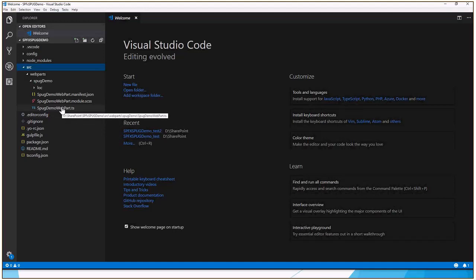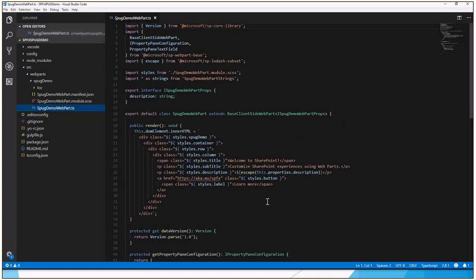And of course the biggest thing here is our Spug demo web part.ts TypeScript file. Hopefully people have some background at least with TypeScript. That's going to be what we walk through here. It just sets up, again, a hello world here. So if I was to run this right now,